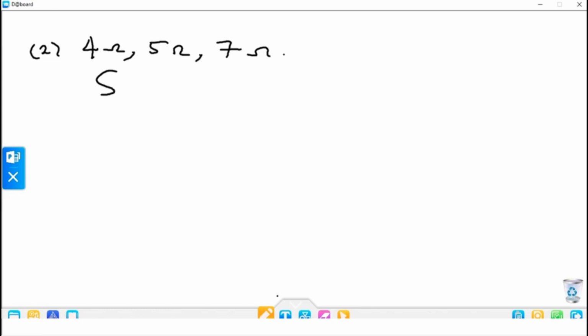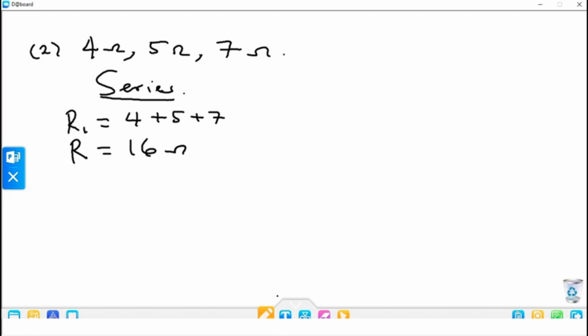So for series connection, our R will be equal to 4 plus 5 plus 7. So our R now is 4 plus 5, which gives us 9. 9 plus 7 will give us 16 ohms. That is for series. Then in parallel,